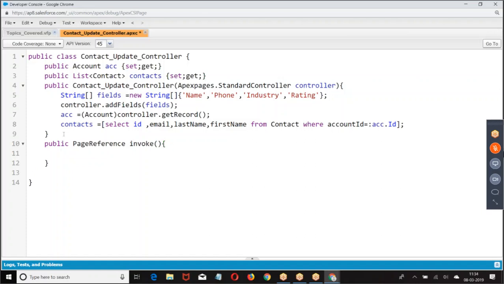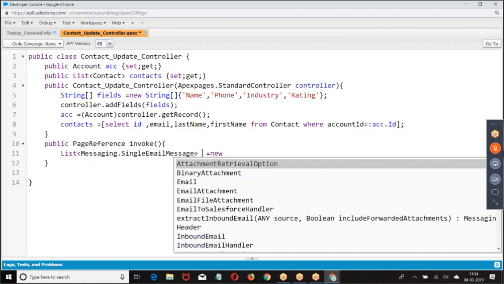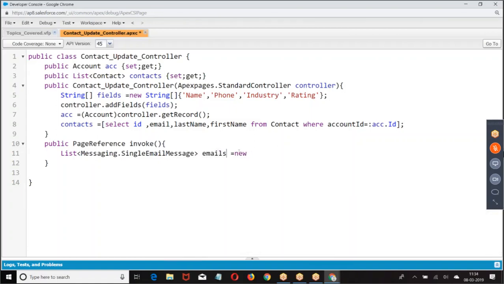When I click on this, I want to send emails. How do you send an email? Messaging dot. No, it is not a single email, because every contact should get their own data.